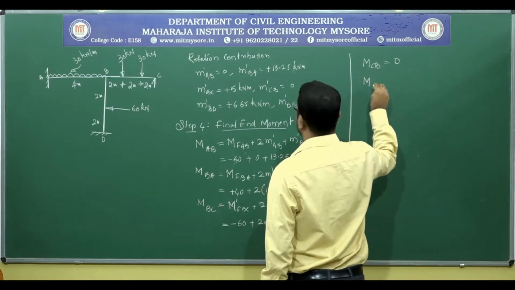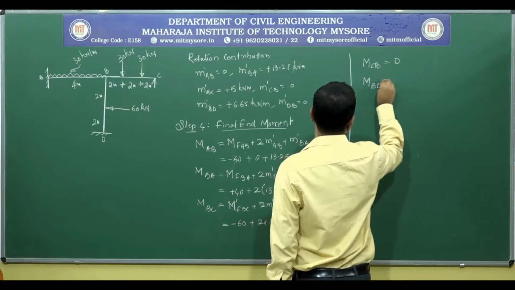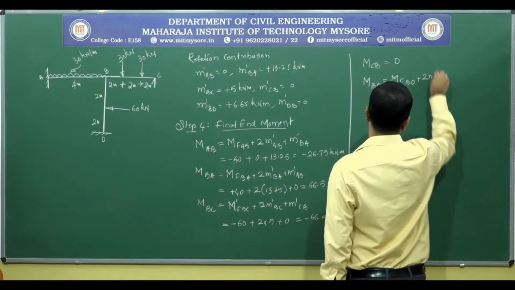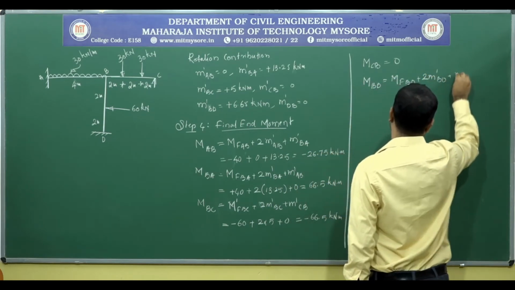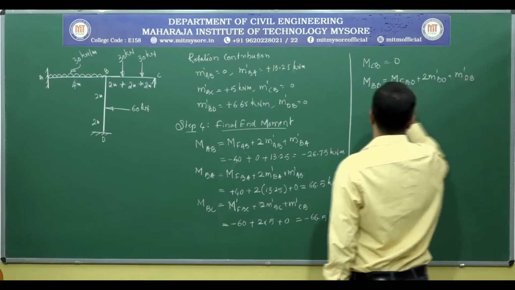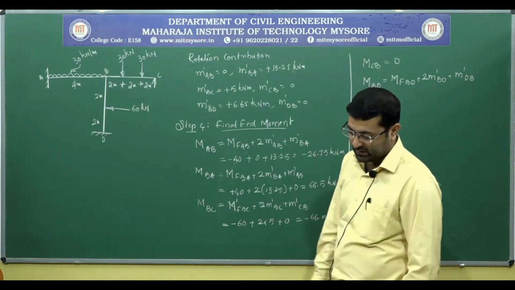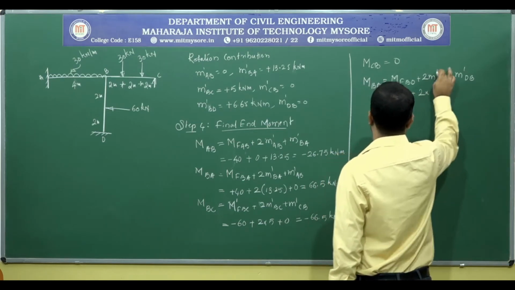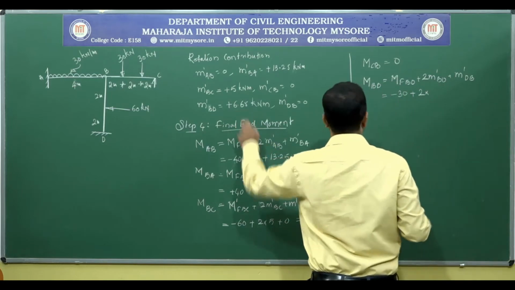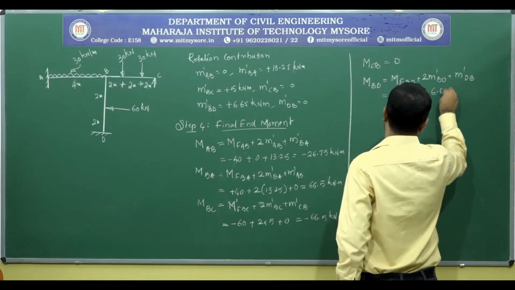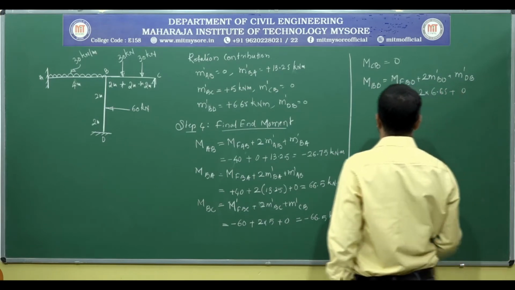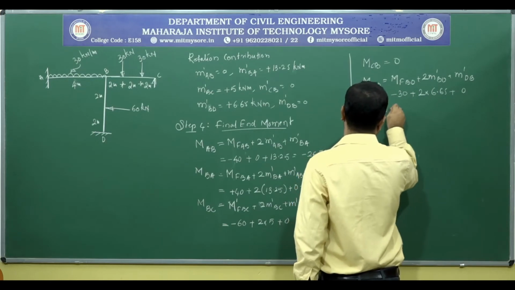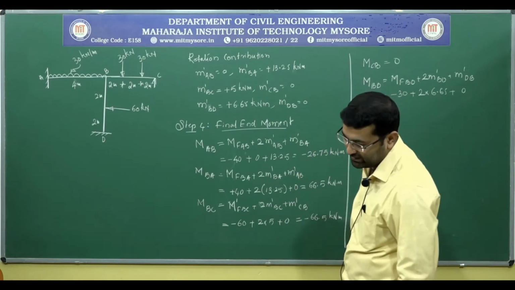Then MBD is equal to MFBD plus 2 times M dash BD plus 1 times M dash DB. MFBD as per our calculation is minus 30, plus 2 times M dash BD. M dash BD is 6.65, plus M dash DB which is 0. So this gives us a value of MBD as minus